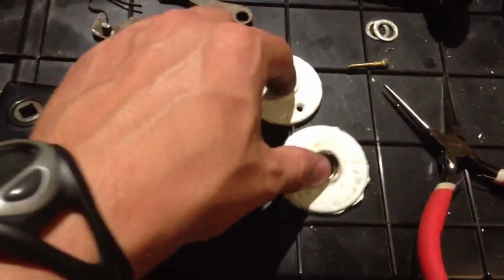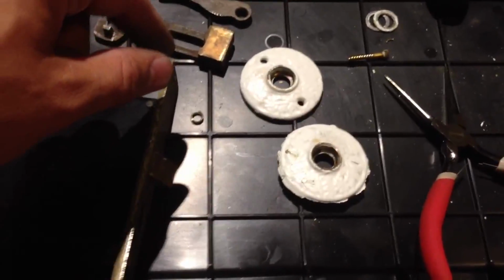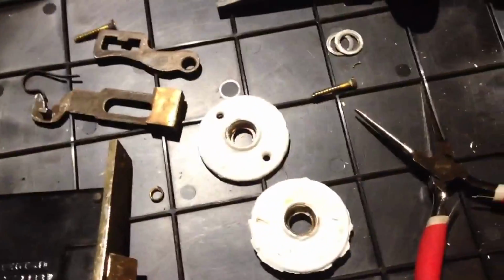Escutcheon plates, I believe that's what they're called. Oh no, you know, the escutcheon plate might be the lock hole. Not sure. These couple of washers went on the back of the